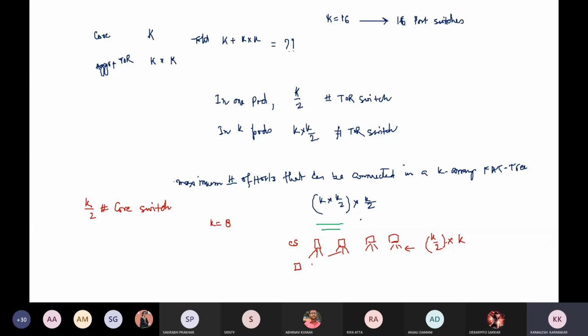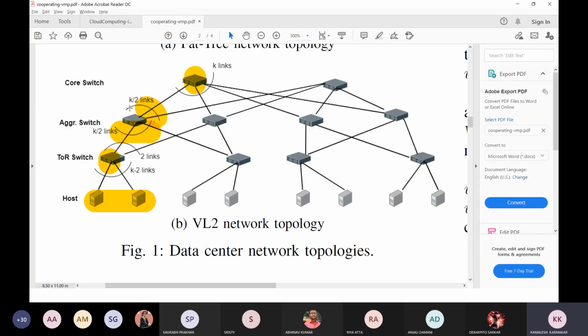Now in the aggregation switch layer, let me consider that this is the aggregation switch layer. How many switches are there? In every switch, how many upward connections are there? From this diagram, you can understand that for every aggregation switch we have k by 2 number of links in the upward direction and the rest of the links in the downward direction.